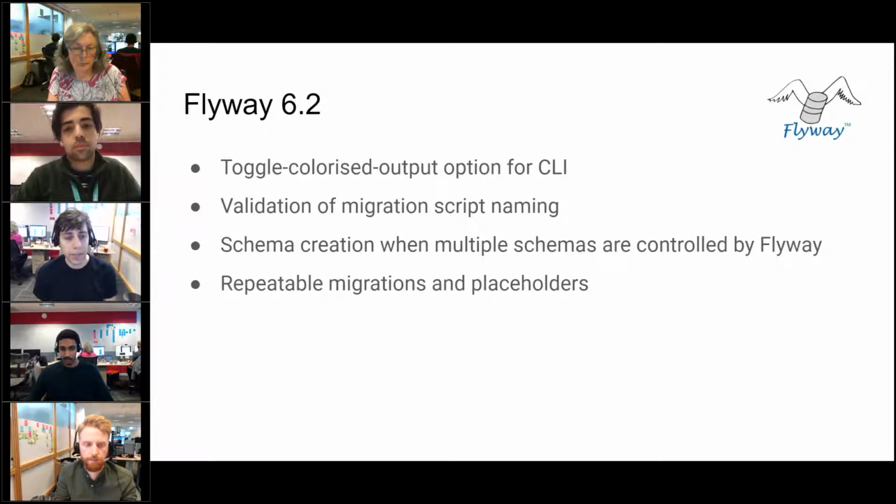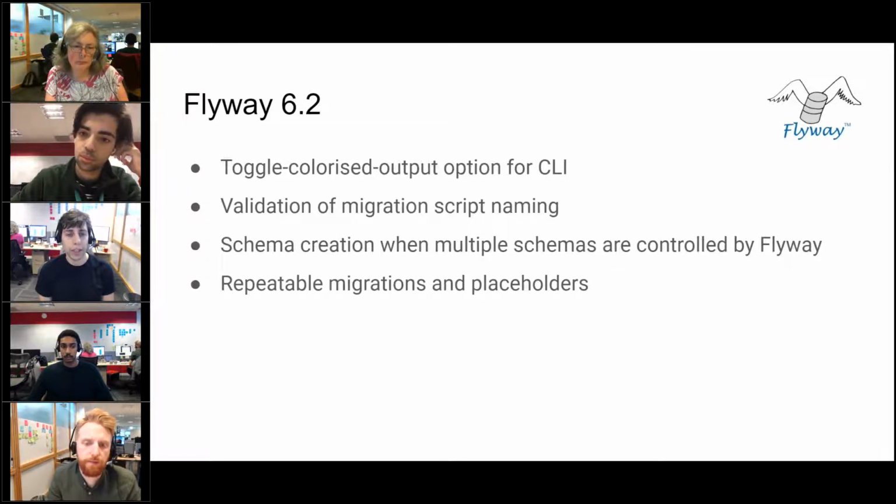One of them is validating the naming of migration scripts, and that's useful mainly because the name of the migration has to satisfy a pattern, and sometimes you can get that pattern wrong without realizing. So an example is that for version migration, you have to have an uppercase V followed by a number, and then 2 underscores, and then the description. And if you, for instance, only put 1 underscore, that migration wouldn't be seen as a migration. So we've introduced an option to allow you to have more strict